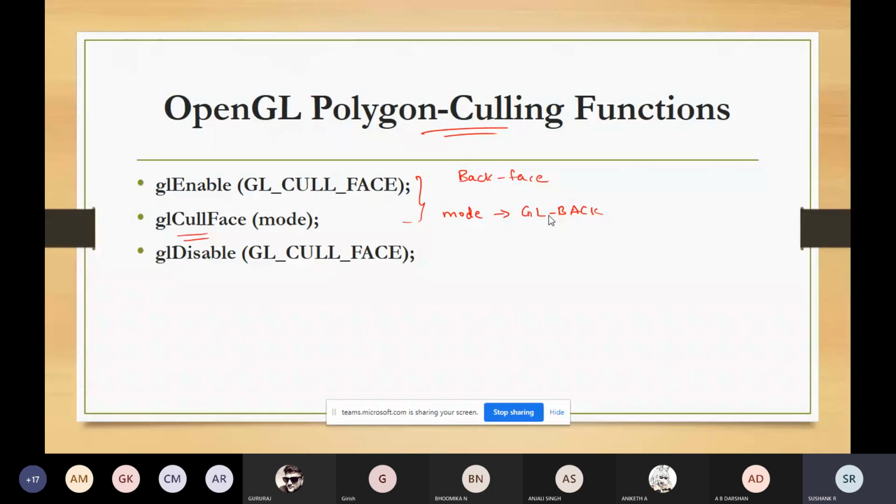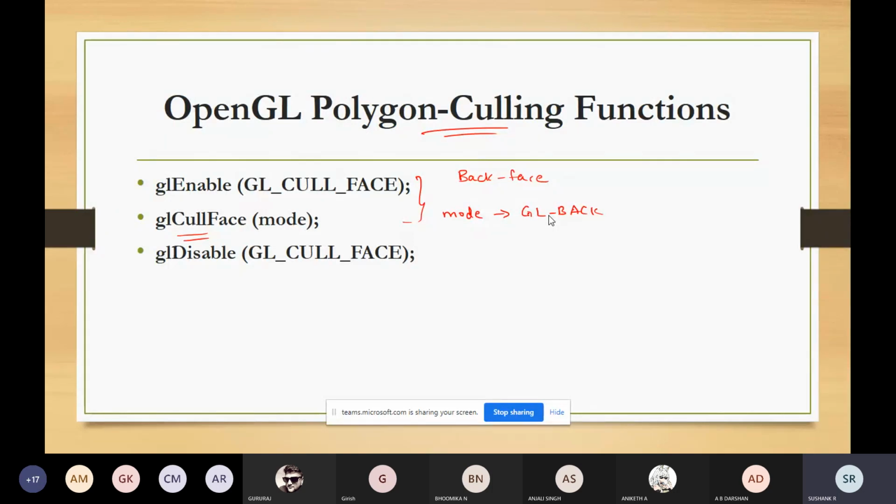So we have a function by the name glCullFace, which takes mode as the parameter. This mode can take constants like GL_BACK, and it can also be used to remove the front face, or even both the front face and the back face. All this depends on the viewing position.